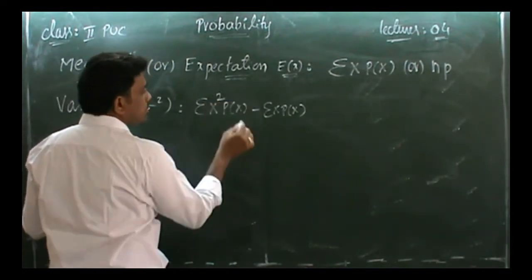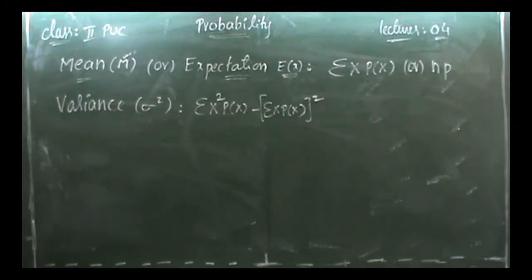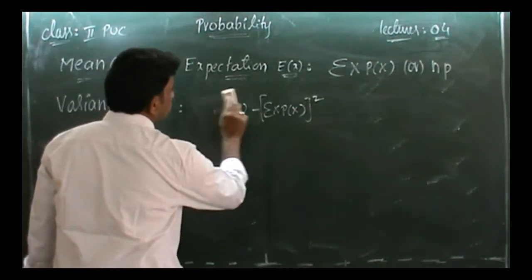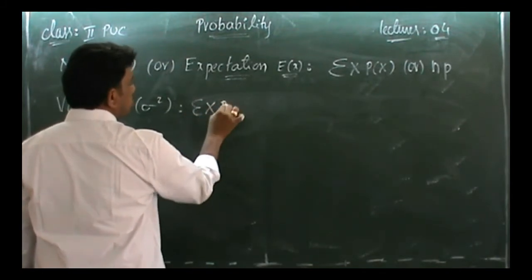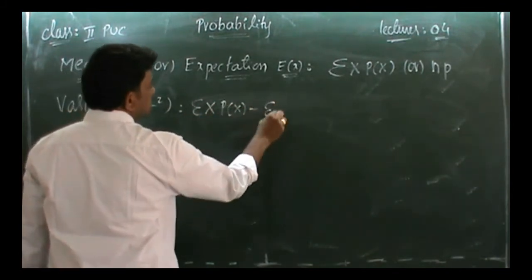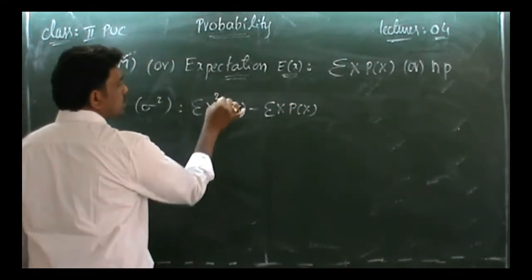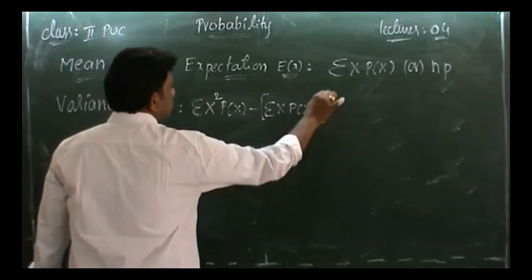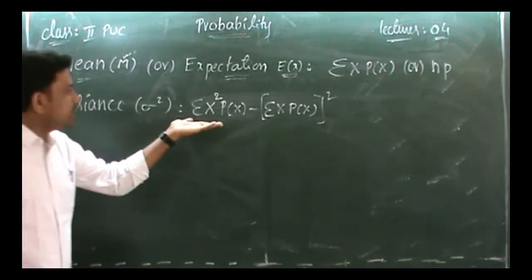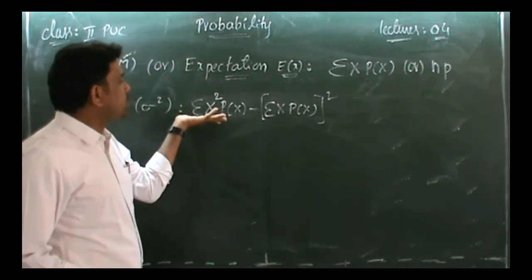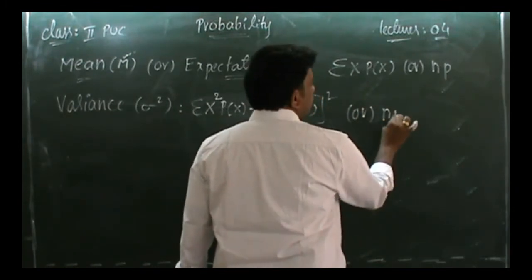So, my dear children, one more time I am going to write this formula: summation of x into p of x minus summation of x into p of x. Here we will put the square for x, here we will put the whole square. We use this formula if a frequency or probability distribution table is given. Otherwise, another formula is there. That formula is